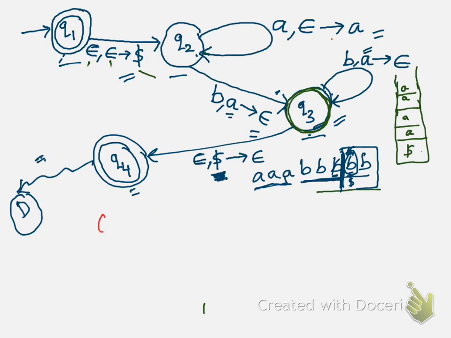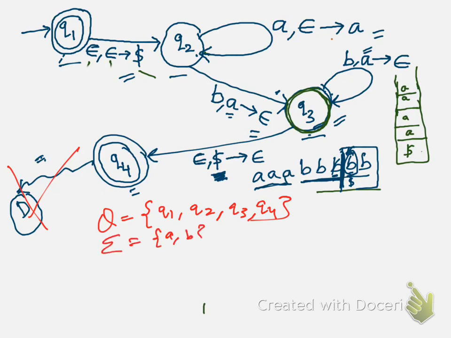So what all are my tuples? My set of states is Q1, Q2, Q3, Q4. I need not show it explicitly. Then my input alphabet is a, b. My stack alphabet is, so I always have either a's or a dollar on my stack, a single dollar or an a. The initial state is Q1 and the final state is Q4. There can be more than one final state in a PDA, but in this particular example we have only one final state.